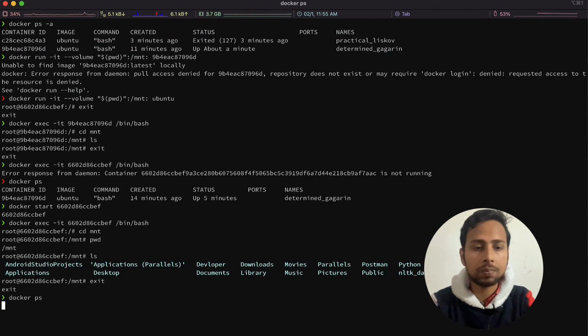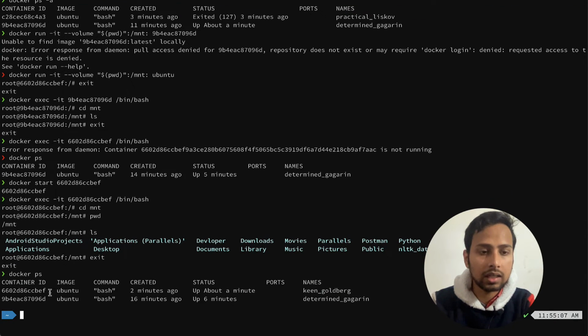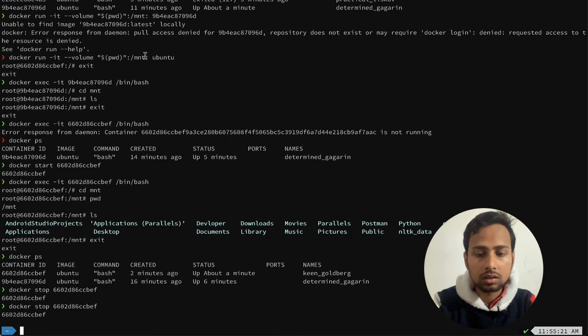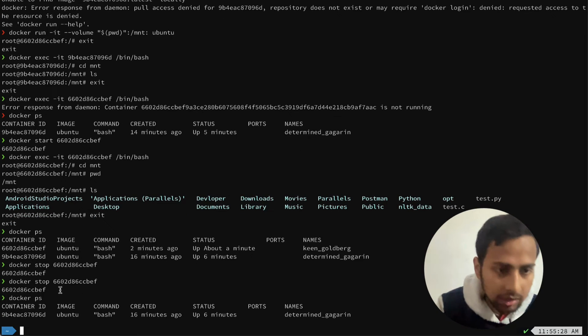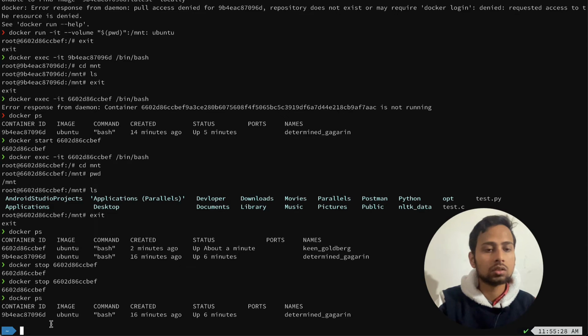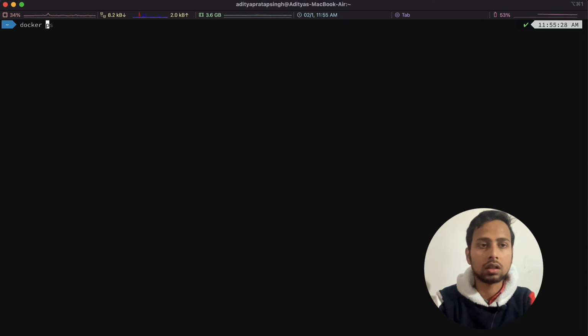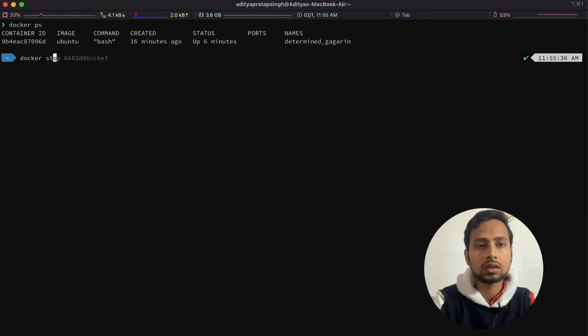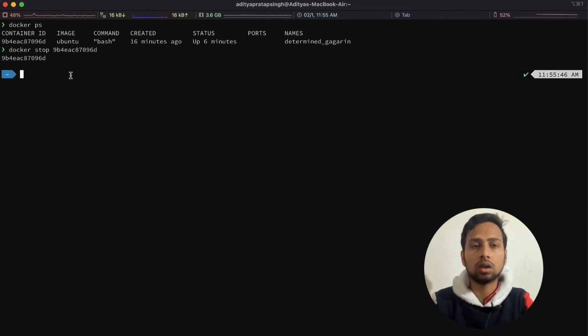If we do docker ps here, you can see there are several processes running. So you can say docker stop, and the container ID that we want to stop. We can just paste the name here, and this is going to be stopped. If we do docker ps again, the container ID that we stopped, starting with 61, is no longer here. So let me do docker ps once more to show it clearly. Here is the ID. If we say docker stop and paste this ID, now this is stopped.